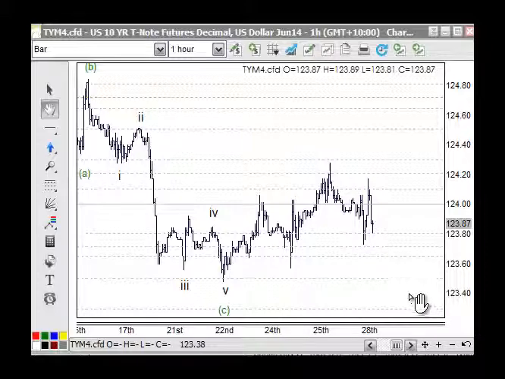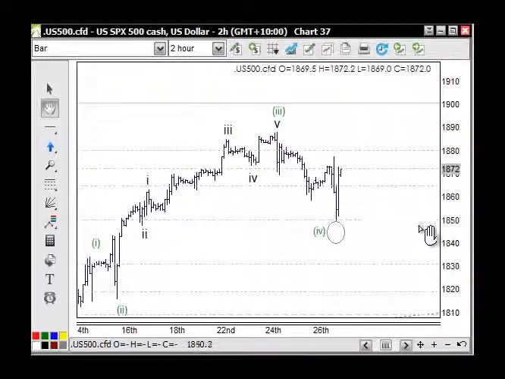Now the importance of this is that the lower the notes, the higher the stock market will go. So that's one point we can look at, because there is a bearish connotation to the stock market. And let's have a look at the S&P 500. So we were looking at